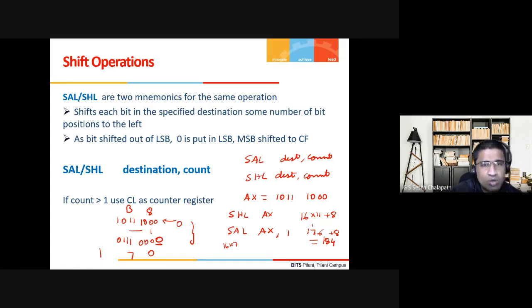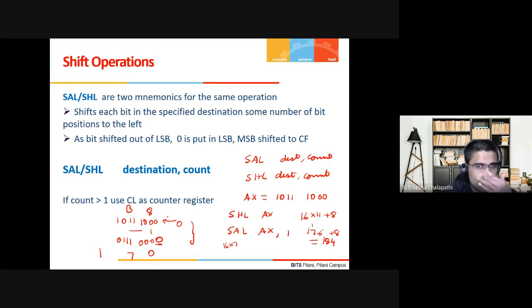If you take the whole number, B8 multiplied by 2 will be 170.